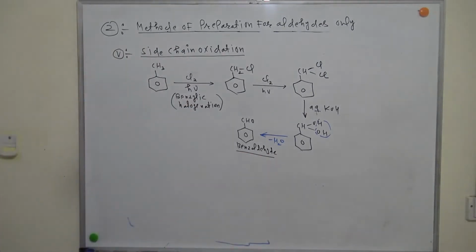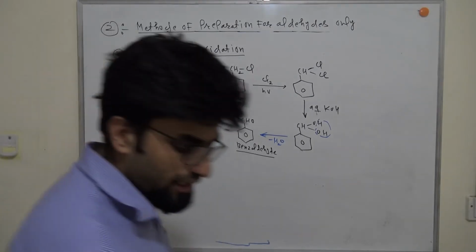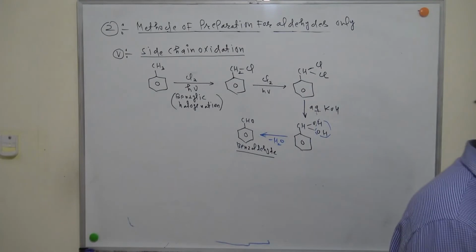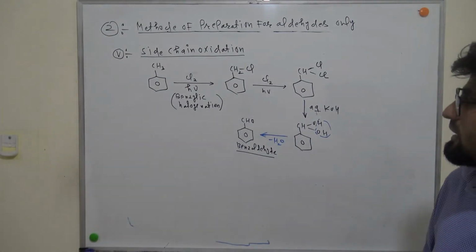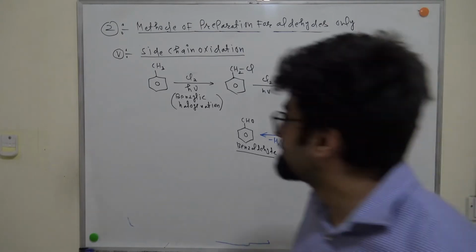Okay, understood? Clear? So that is your side chain oxidation. And we will get benzaldehyde. And the last one is